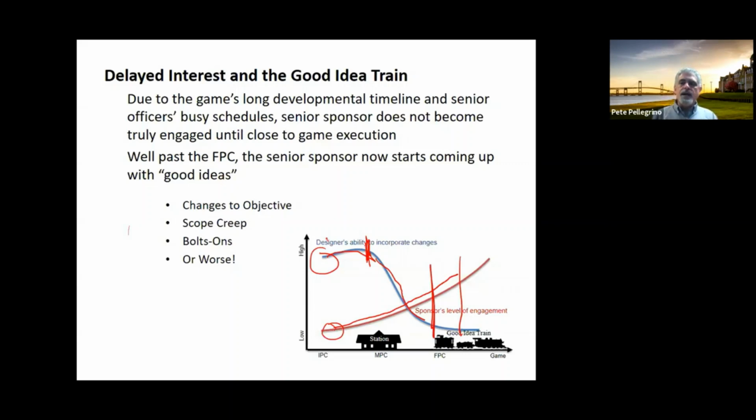So to try to get past this, we constantly beat this drum about expectation management and how we need information, and how if we don't get this information, there's going to be a risk to pay downstream. All right? It's really hard to beat off the good idea fairies, unless you can put it in the context of, yes, it's a wonderful idea, let me explain the cost of putting that into the game at this point and how it could wreck an objective. And sometimes you can get them to say, oh, I kind of see your point.